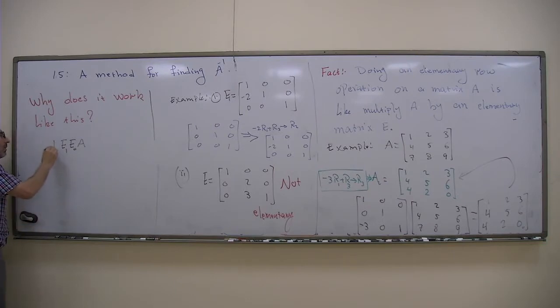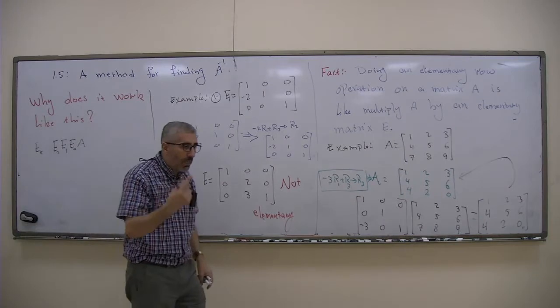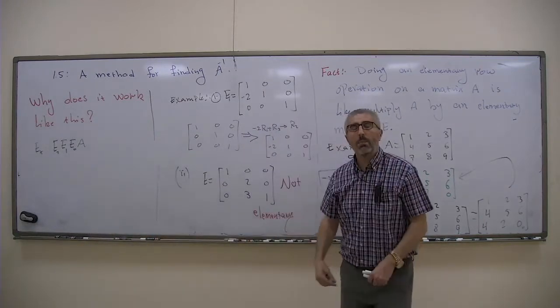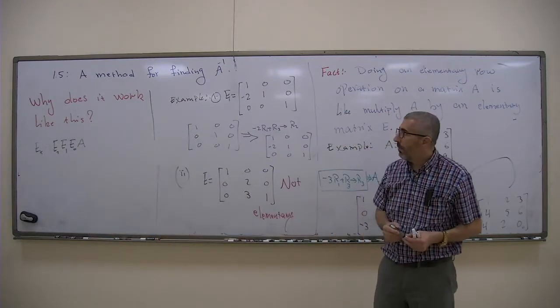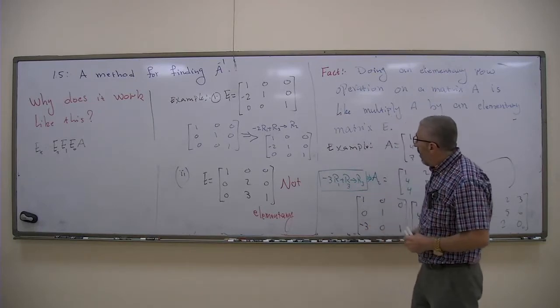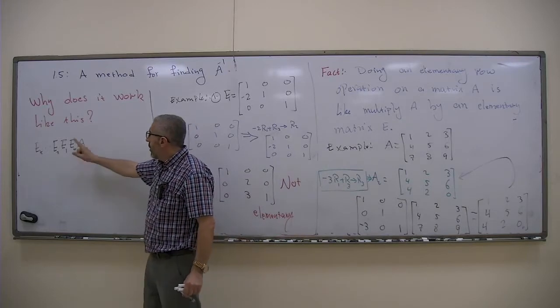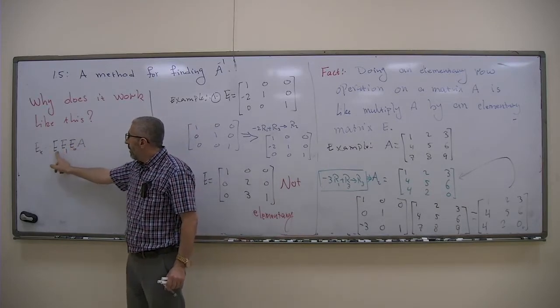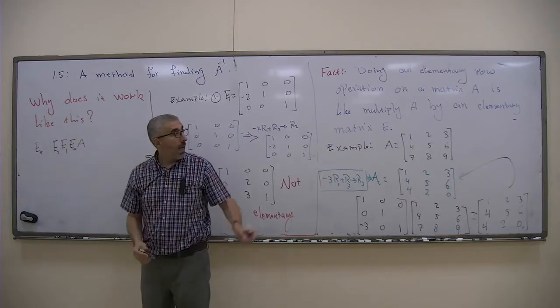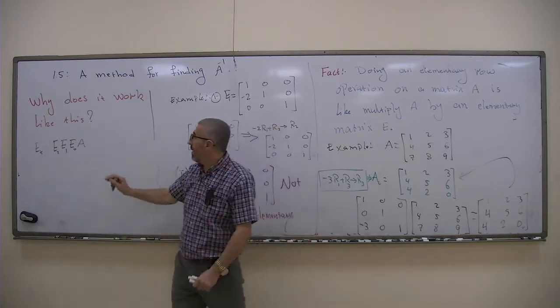Correct? So in our method, when you start with A and you do elementary row operations, you are multiplying by those elementary matrices. And if that at the end gives you the identity,